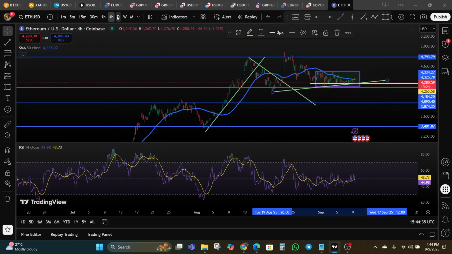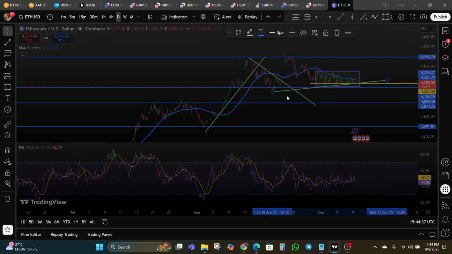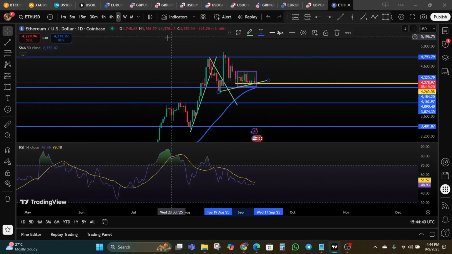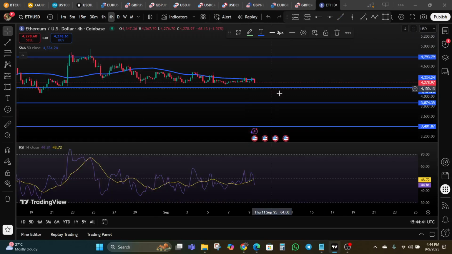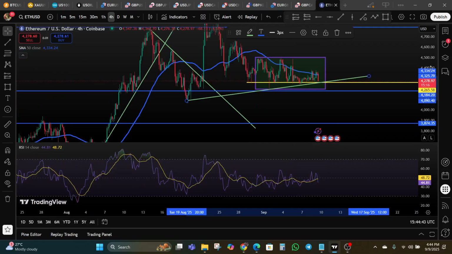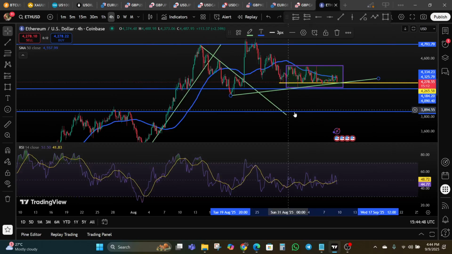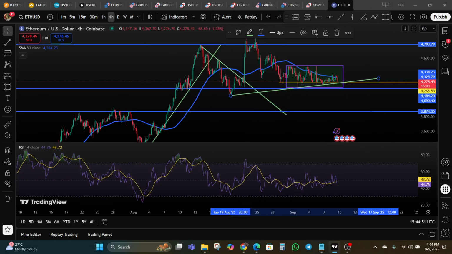So we can start our analysis even from the daily time frame. We want to look for bullish patterns, and we want to come down with multi-time frame analysis. We want to come down gradually, looking for a bullish structure, waiting for a bullish confirmation, be it the trend line, be it the candlestick pattern. Just ensure that you have a technical pattern supporting the bullish outlook, supporting the bullish trade that you want to